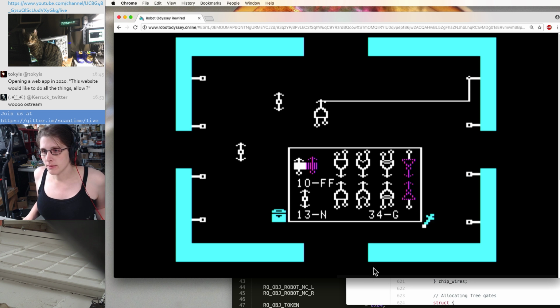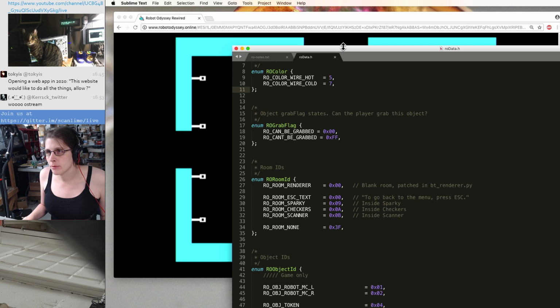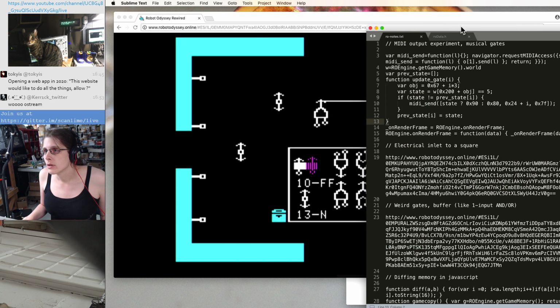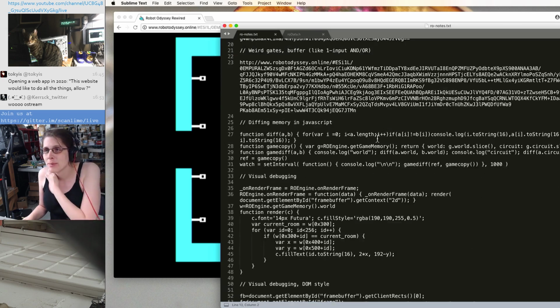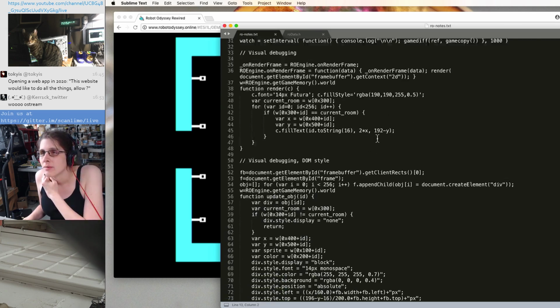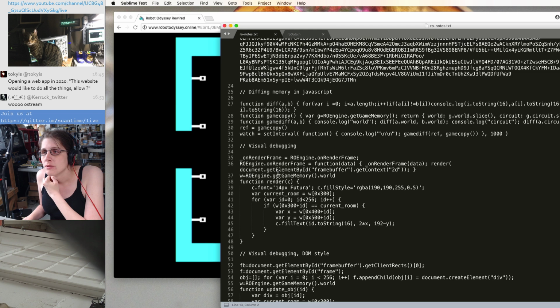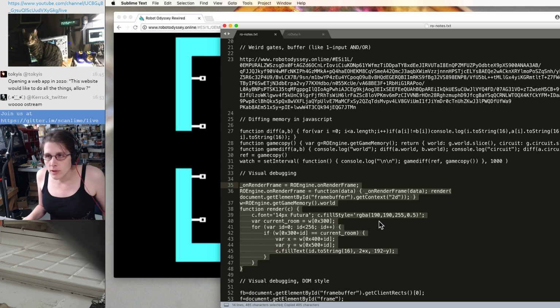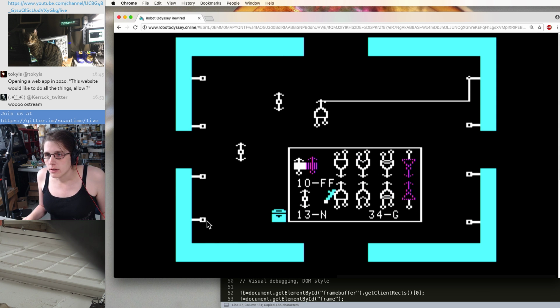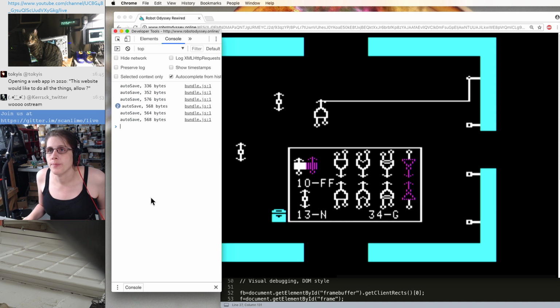We came up with a neat little overlay script on the last stream, which I think I'm going to use to illustrate some of what's going on here. I have this messy file of notes with some script one-liners that I've been keeping. Yeah, visual debugging. I was using this diff script a lot, which just watches memory and prints out differences. So if I pop open a console here,